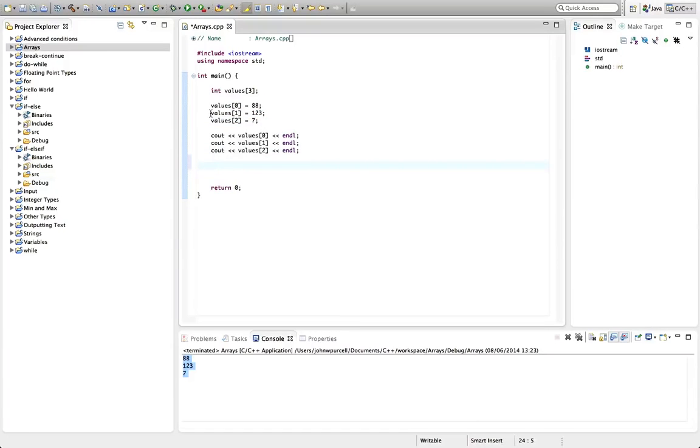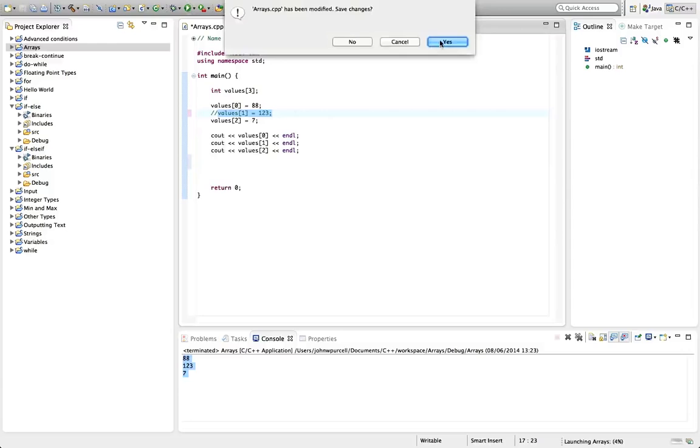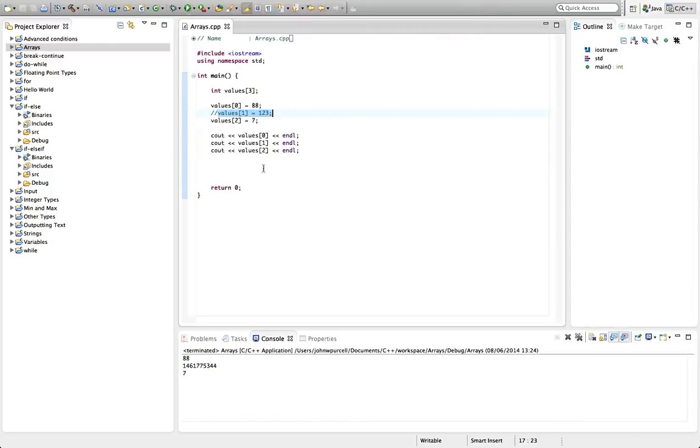Let's take a look at what happens if I don't set one of the values. So if I comment out this, so here I'm setting the value of the second element with index 1, because we start numbering at 0. If I now run this program, you see for the element at index 1, we get just this